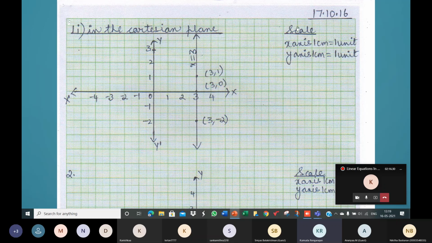And it can be different on both the axes. You can jump in hundreds on the x-axis and jump in 50s on the y-axis. The scale can be different on the x and y-axis. You can mark 100, 200 on the x-axis, and on the y-axis 50, 100, you can jump in 50s, you can jump in 25s. Whatever. That's about the first one.